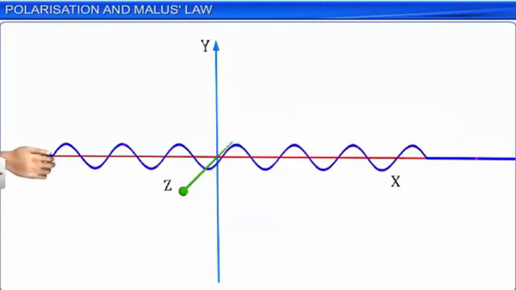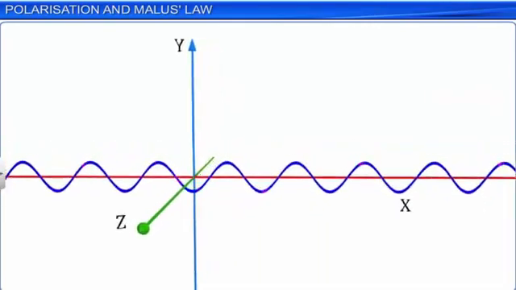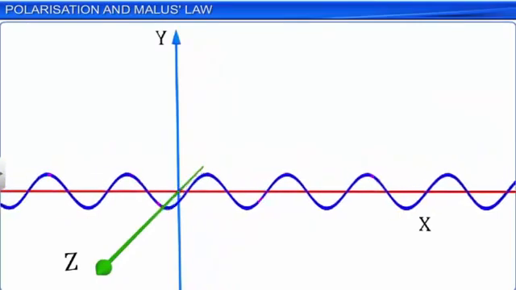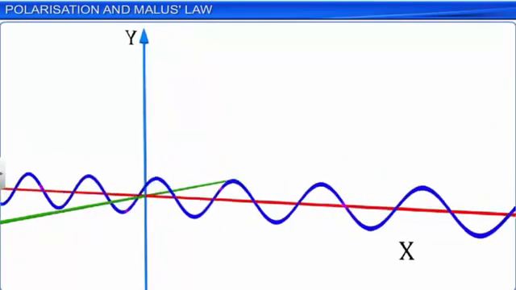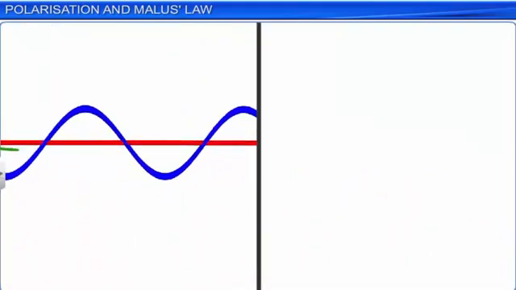The waves generated propagate along the x-axis and the displacement of any given element of the string is along the y-axis. Such a wave is mathematically described by y of x,t is equal to a sine kx minus omega t,